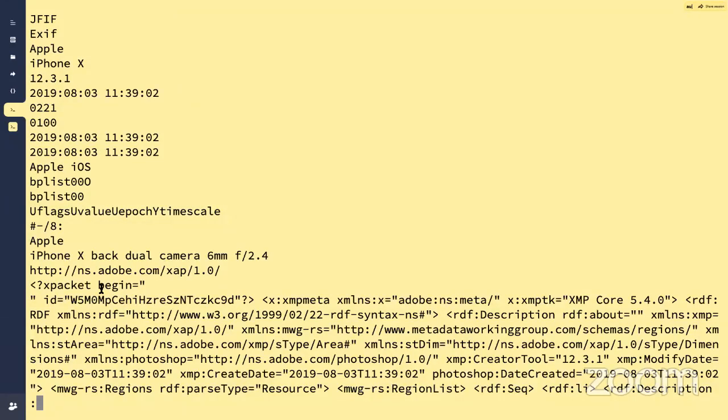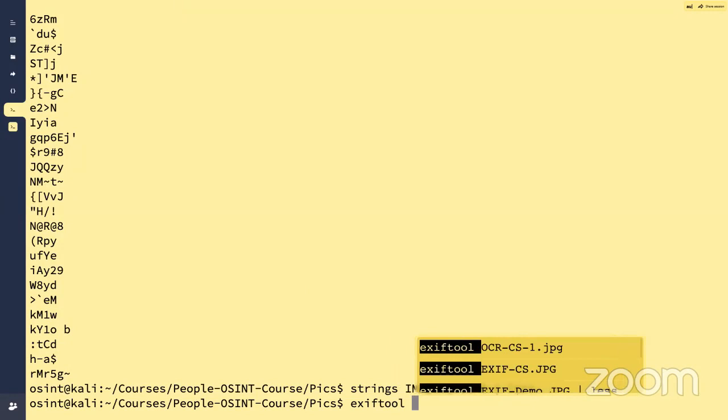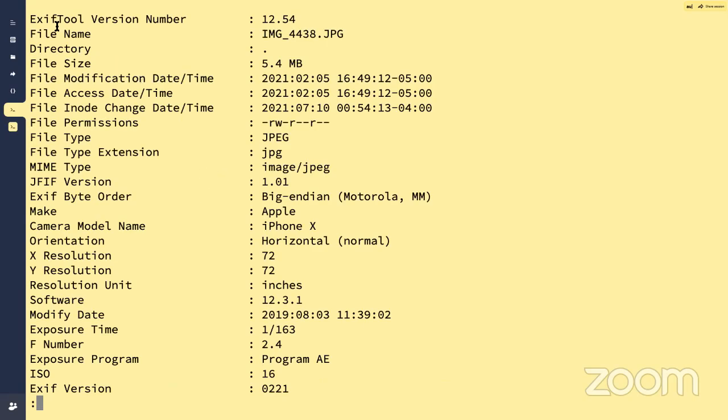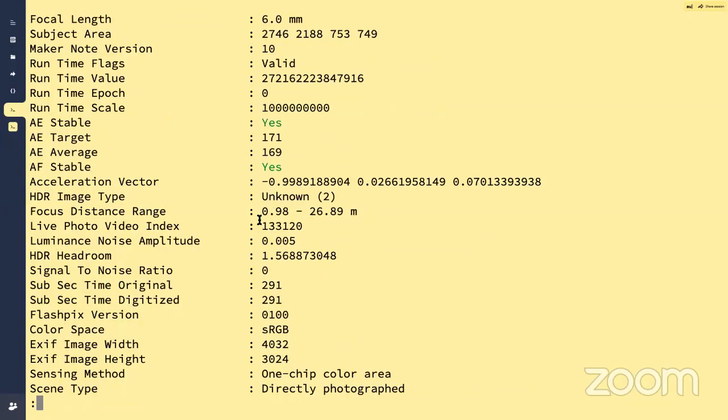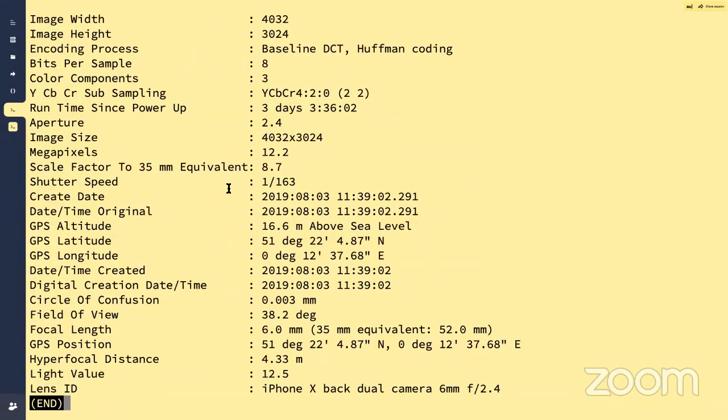Strings, this is a tool that's commonly used in DFIR, but you can use it in OSINT as well. Any intelligence for that matter. And then finally, we've got ExifTool, which is going to format it for us and make it look rather pretty. And I'm going to pipe this to less as well. So this breaks everything down by its placement in the file and the placement within the metadata. And again, all of this can be overwritten. It's not something that has to stay there forever.